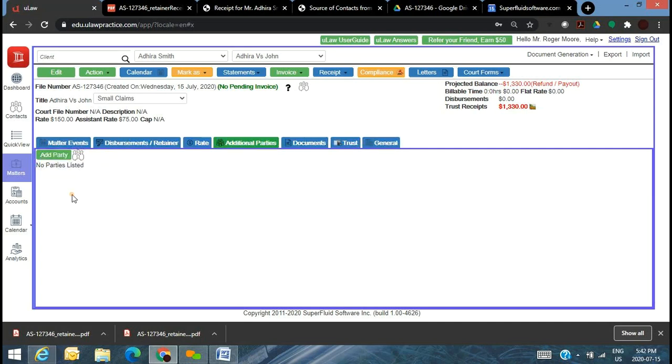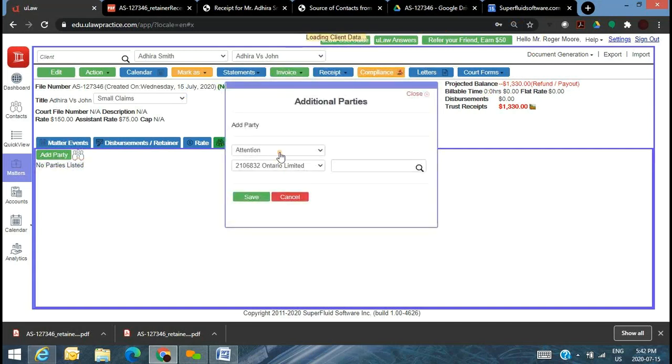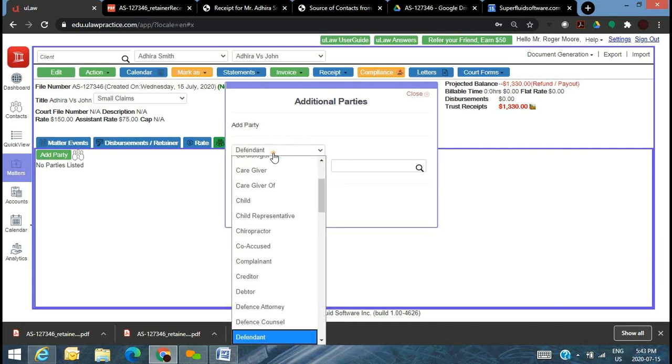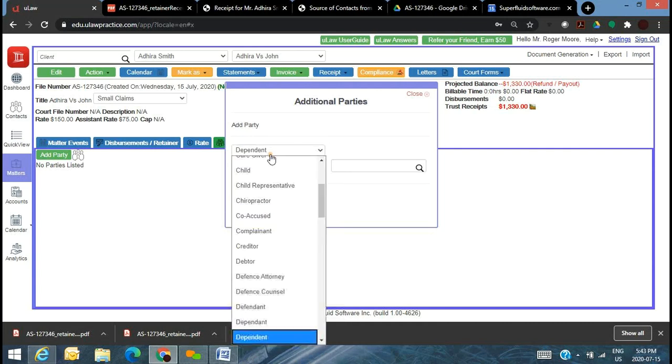So let's say when you represent a plaintiff, they're going to ask you for a plaintiff's claim form. It's a form that you download from the Ontario court office, fill in all the information. So you have to type in Adira Smith, his address, you have to type in your information, you got to type in John's information. In a single snapshot, let's say I go and do it once. Next time, let's say there's a change of address for Adira. You got to go change that form. So instead, if let's say I add